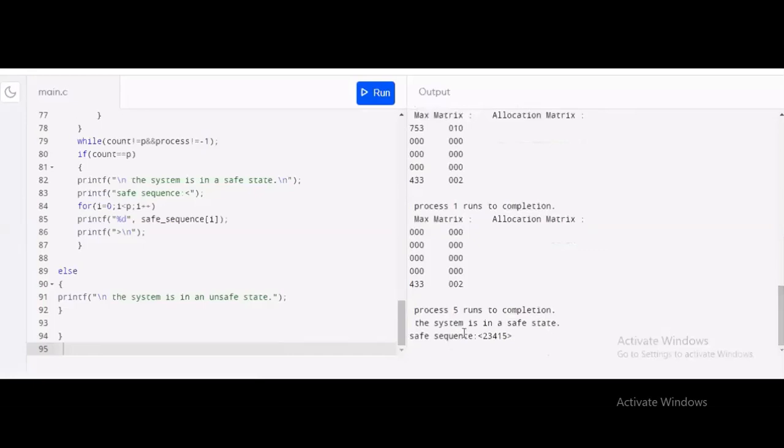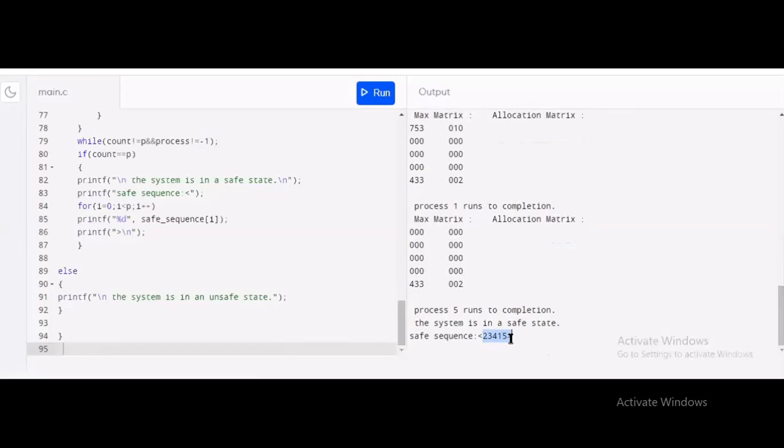So we can say that the system is in a safe state, and the safe sequence will be 2, 3, 4, 1, and 5. So process 2 will be run first, then process 3, process 4, process 1, and process 5. There will be no deadlock in this scenario.